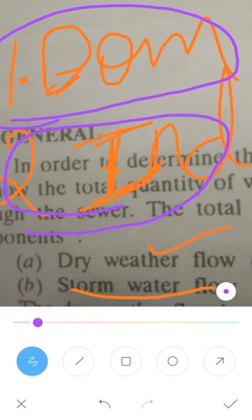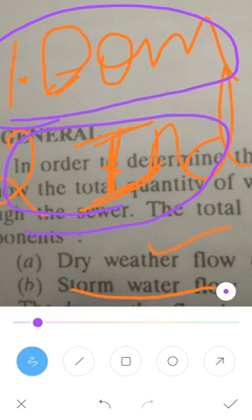The stormwater flow is an additional flow that occurs during the rainy season. It consists of the runoff which is available from the roofs of housing, residential buildings, public buildings, or the open space on the surface of the road during the rainfall. So that is called stormwater flow, or we call it runoff. So these are the two, domestic sewage and industrial sewage.